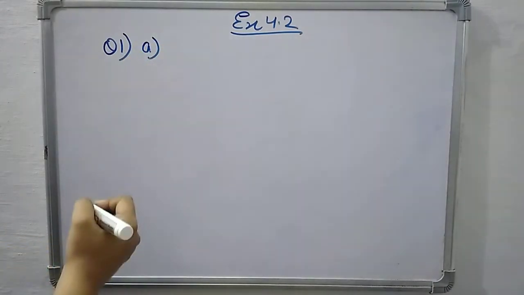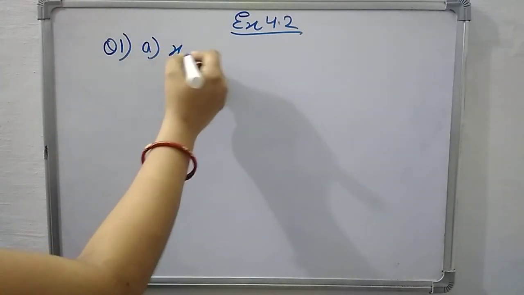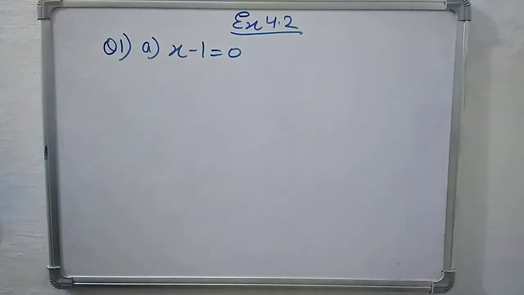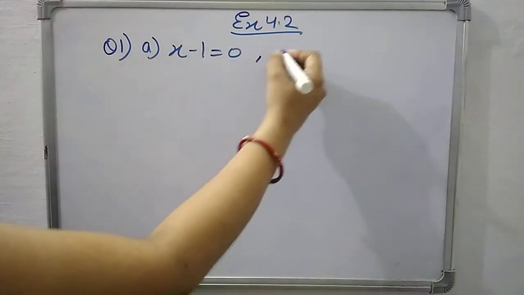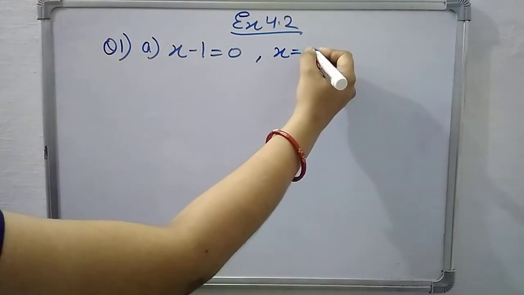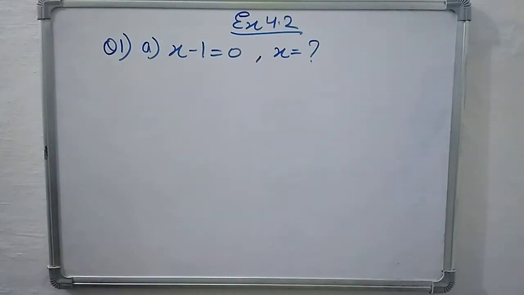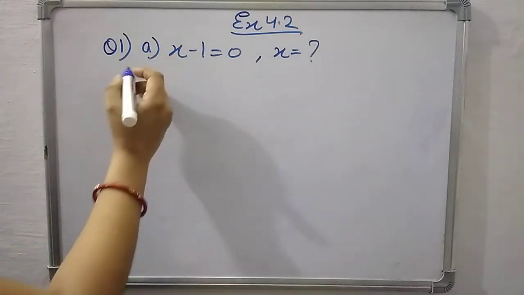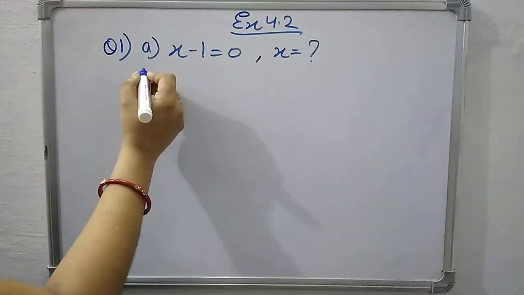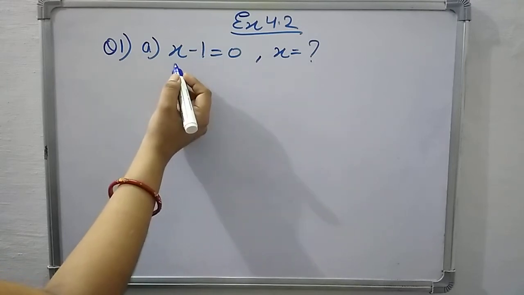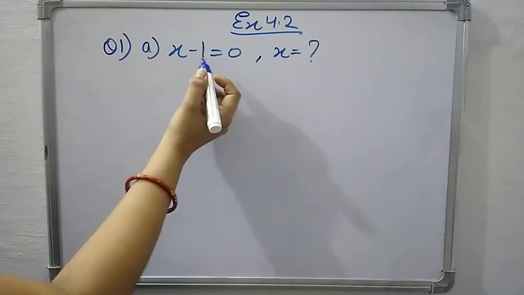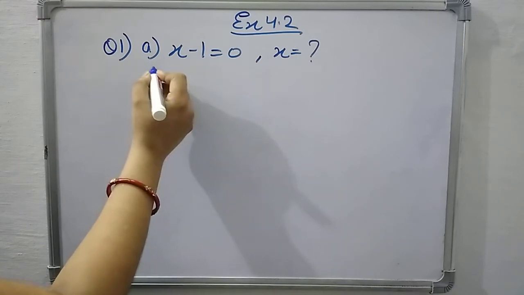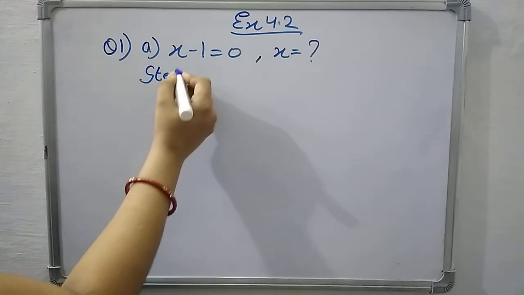Let's take part 1. X minus 1 equal to 0. You will solve this equation and find solution by using equation balancing method. So for finding out value of x or separating this variable from this minus 1, we need to apply step